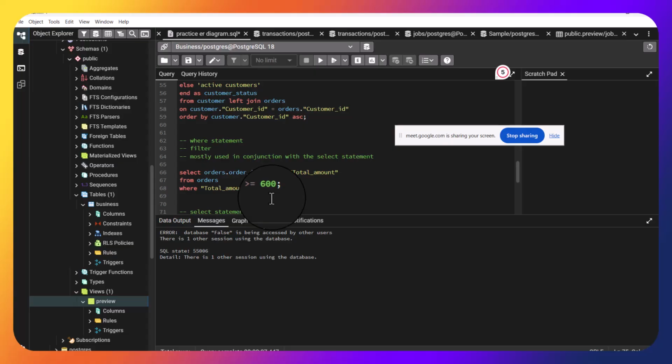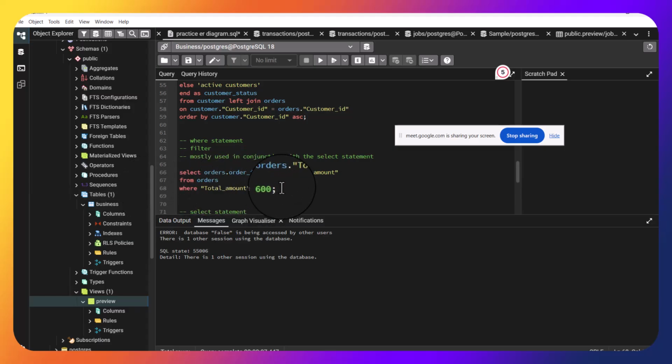If it was a character, you would write varchar. What this is trying to say is we are trying to select the order ID and the total amount from orders, but you're only going to select the order ID and orders that have